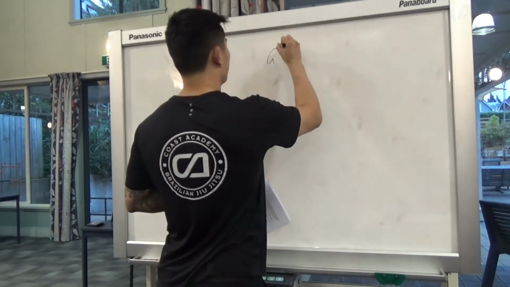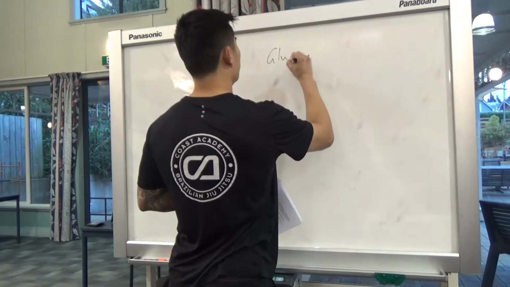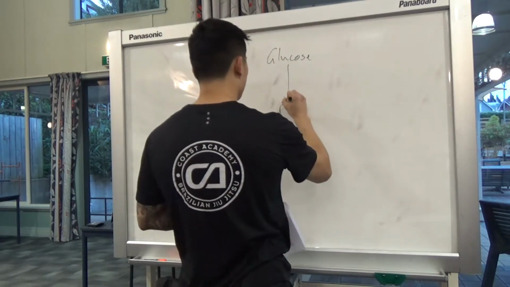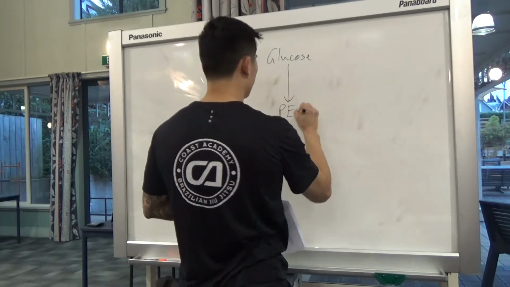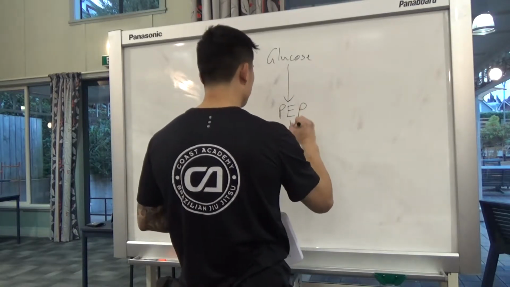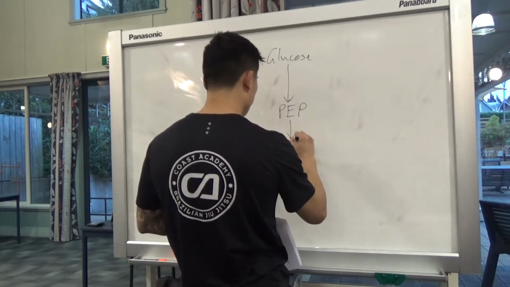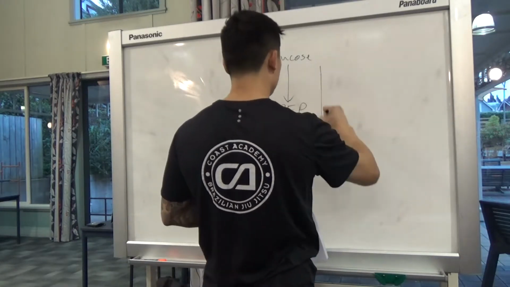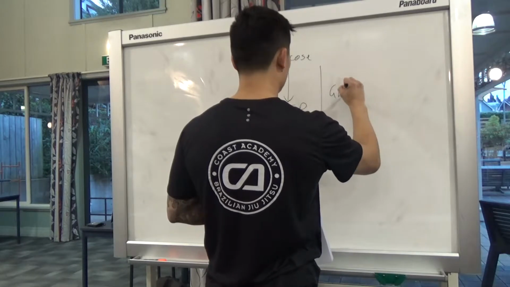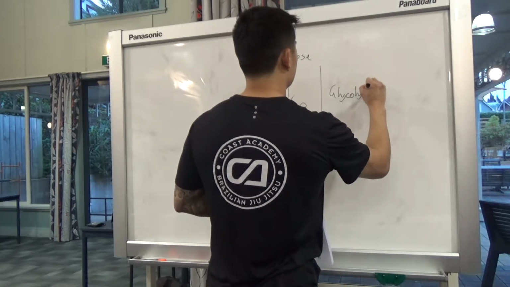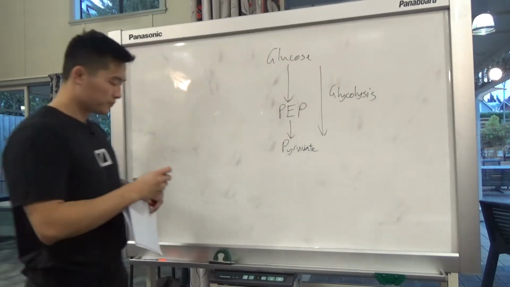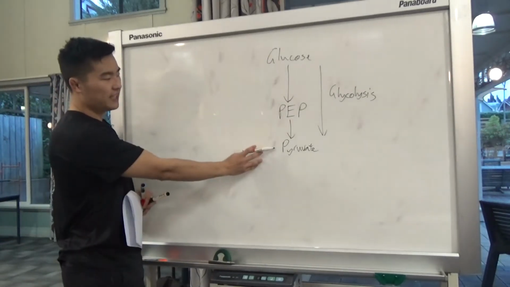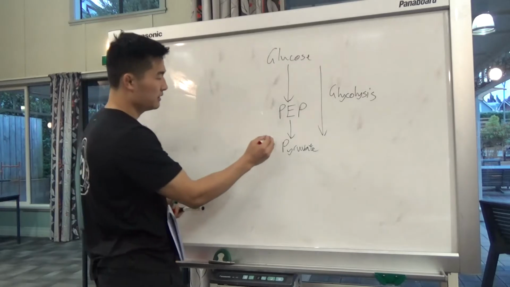So glucose gets broken down into phosphoenol pyruvate, and then it gets turned into pyruvate. So this whole thing here is called glycolysis. But when you want to go from pyruvate to glucose,